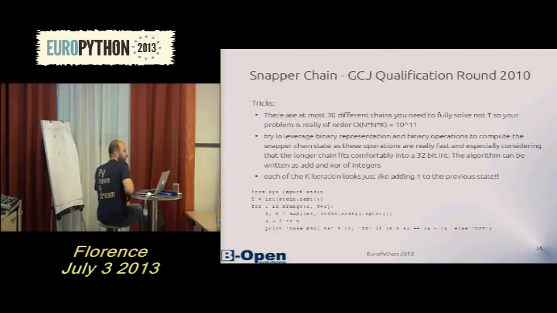Then, in order to solve the problem, there is one very usual trick. You have a certain sequence of the snappers, and then they give you 10 to the 5th test cases. But since the snappers are 30, I mean, all the snappers start on off. So the only input is the length of the snapper chain. So you don't really have 10 to the 5 test cases.